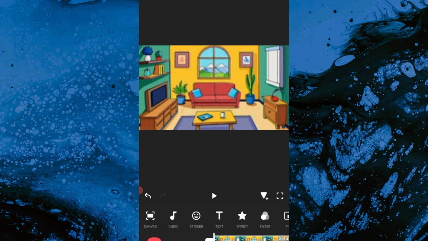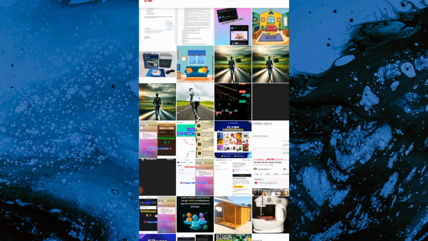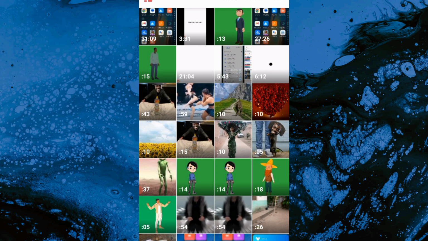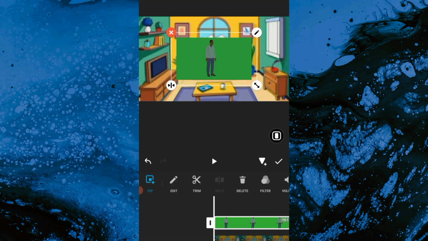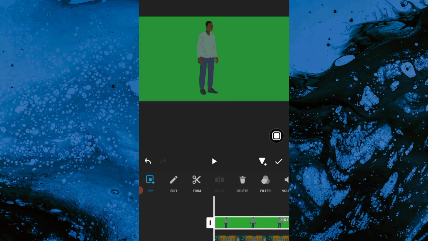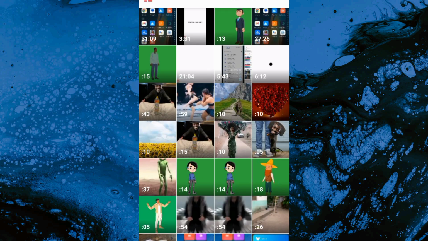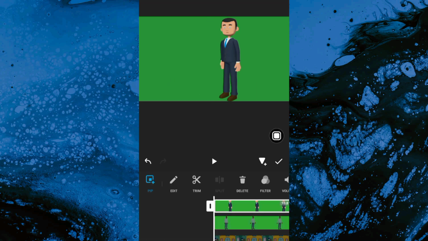So you scroll through this element till you see this PIP, then you tap on it. When you tap on it, it's going to send you to your gallery. So you start importing the video. So I'll import the first video. I want it to fill the screen. So I'm going to come to this place and click on it. It is called autofill. Then I'm going to bring the other video. So I'll click on PIP again, which is right here. Then I'll bring my second video and I'm going to click on autofill, and I'm going to move it small